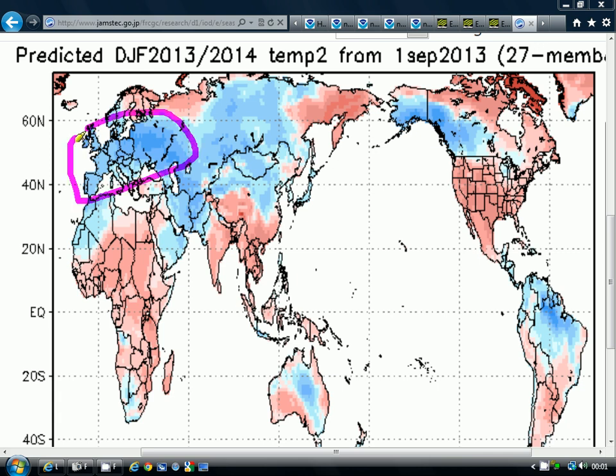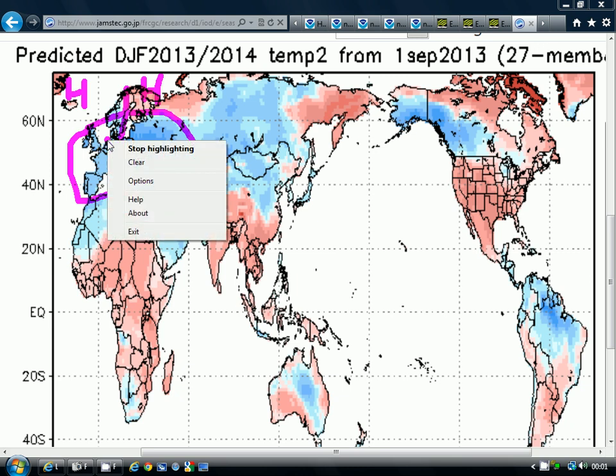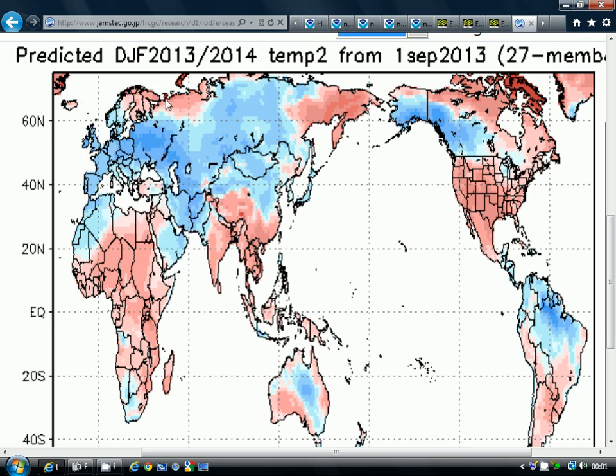The warmer than average conditions are up to the north of Scandinavia and to the far north of Russia. That's because we've got the blocking up there, of course. We've got high pressure sitting up there, and this is more what you'd expect with blocking in the northern latitudes. You'd expect the cold air to be pushed down into the mid-latitudes, and that is more sensible as an anomaly with blocking than the UK Met Office chart. So a colder than average winter is being signalled by the Jamstec IOD model.